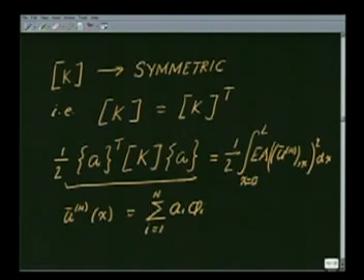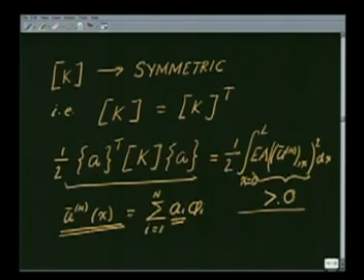Now tell me, this integrand is always greater than 0 when these coefficients ai are not all equal to 0. So which means that when this function un is not the trivial function, that is un of x equal to 0 everywhere, then this integrand has to be greater than 0, because I am looking at u bar comma x whole squared. So when this integrand is greater than 0, what do we have? That in that case, this expression itself, half A transpose Ka, is greater than 0 for non-trivial A.